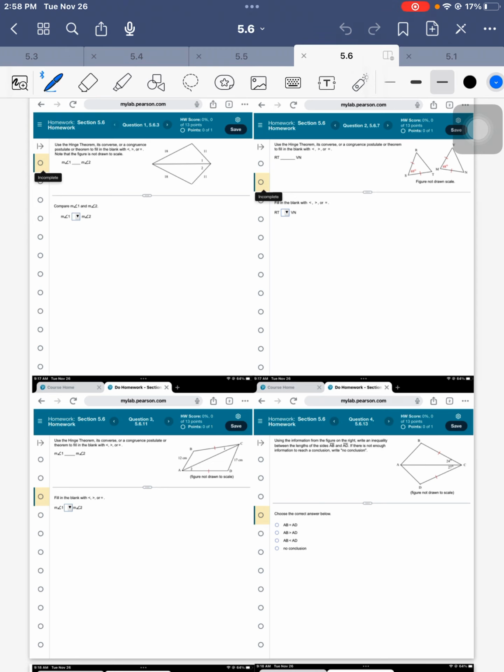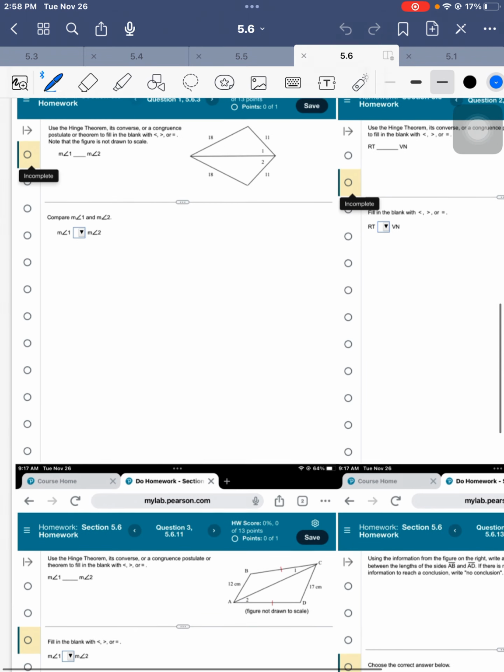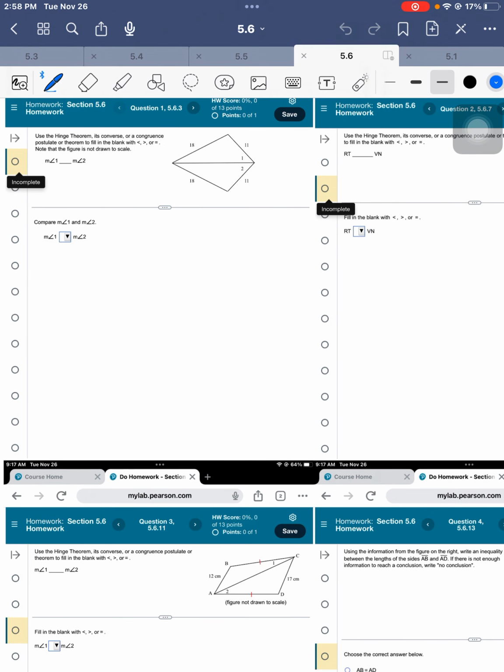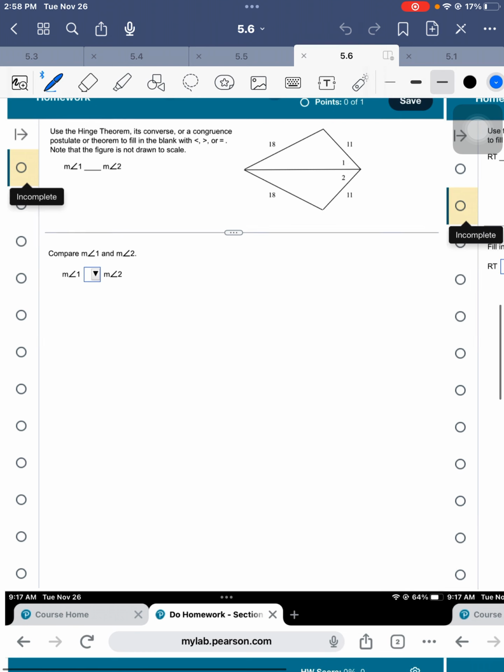Okay, guys, so this is the last section, and then we're done. 5.6. So let's see. Okay, so this is talking about the Hinge theorem. We went over the Hinge theorem a lot